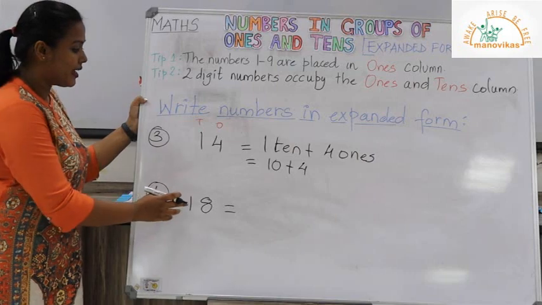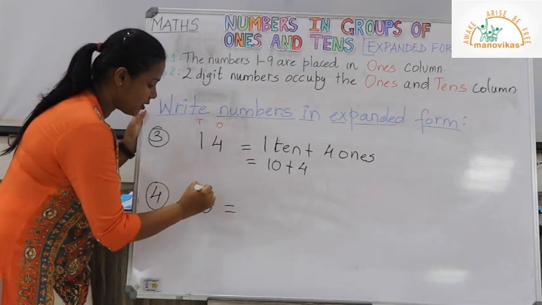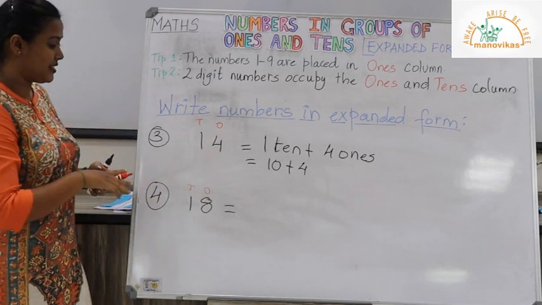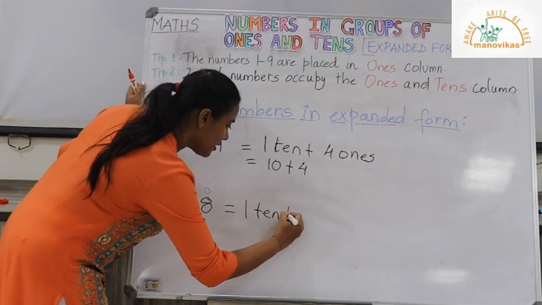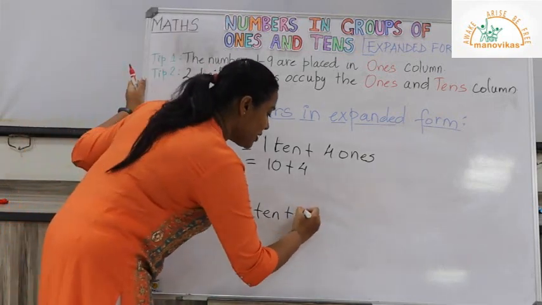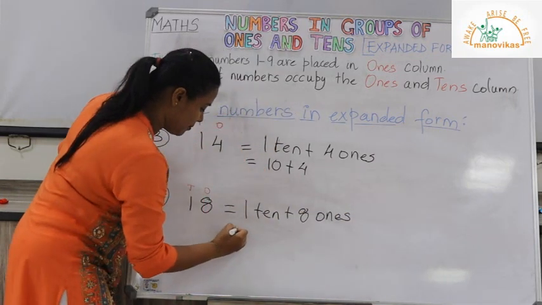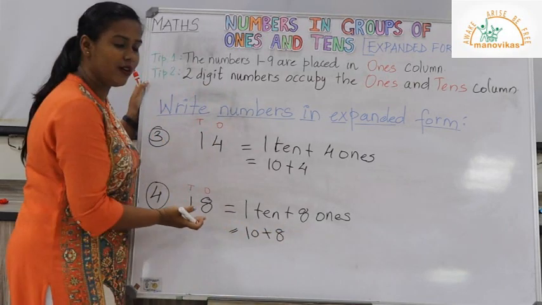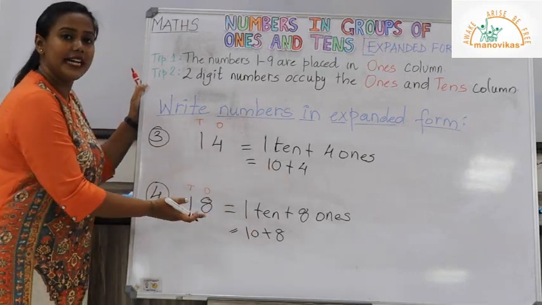So here we have the expanded form of the number 14. Next example, we have number 18. So once again for the expanded form, we write the place values, ones. The next number we have is tens. So let us write. We have 1 ten and we have how many ones in the ones place? We have 8 ones. So we will write 8 ones, which will give us the number 10 plus 8, which is 18. So this is the expanded form of the number 18.